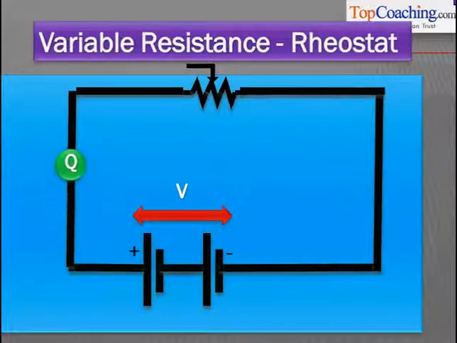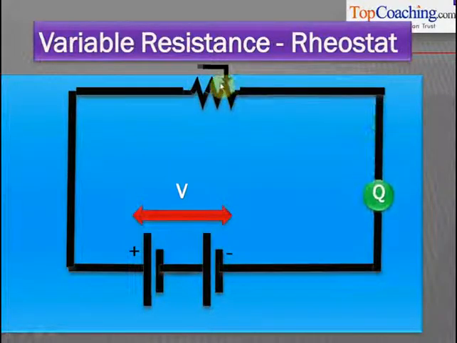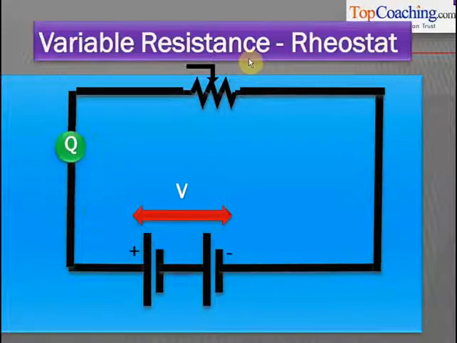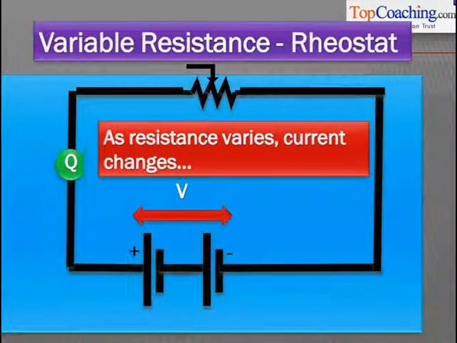A variable resistance is called a rheostat. In the previous lesson we had studied that the symbol for the rheostat is this symbol. As you can see, there's an arrow in the rheostat and the arrow can be moved to the left and to the right. Understood? This arrow over the zigzag lines is the symbol for a rheostat, a variable resistance. So using a rheostat you can obtain a resistance of 1 ohm, 2 ohm, 10 ohm or 100 ohms, and depending on the resistance the current in the circuit will vary. Understood? So this is what a rheostat is. As resistance varies, current changes.